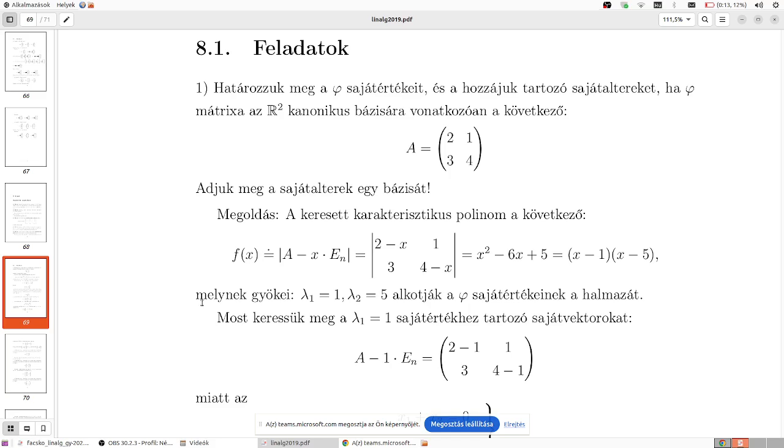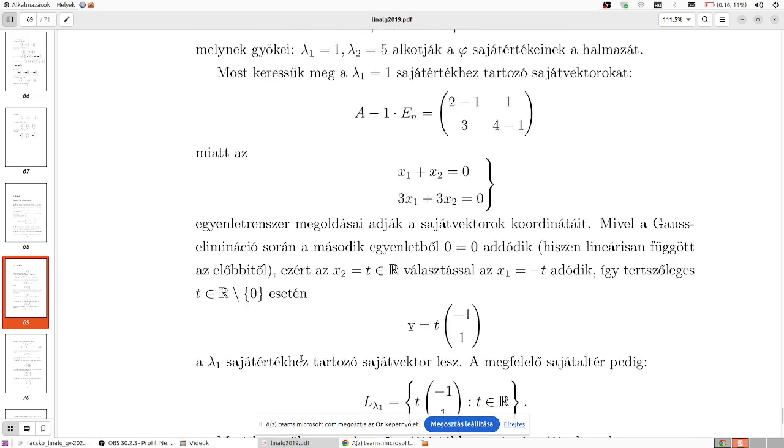So if I do the equation and everything, I got the solution, the subspace for lambda 1. So what I had done,